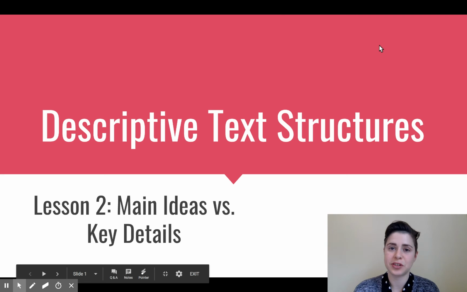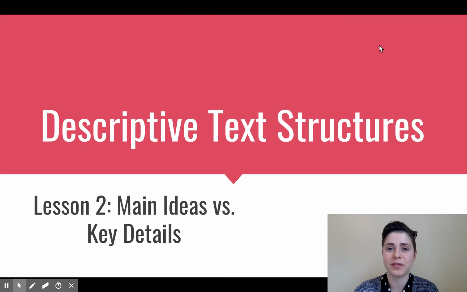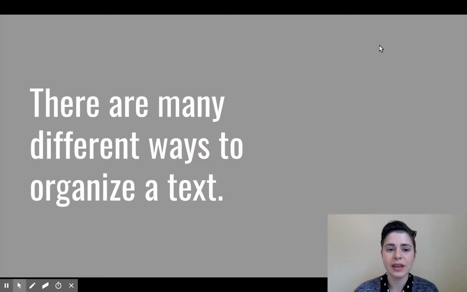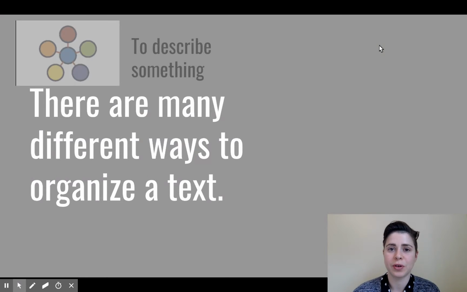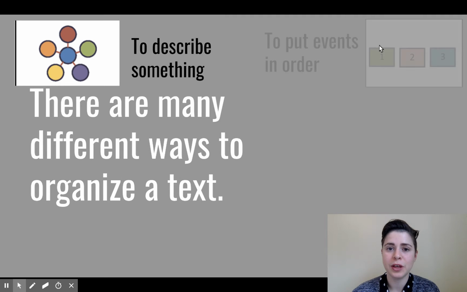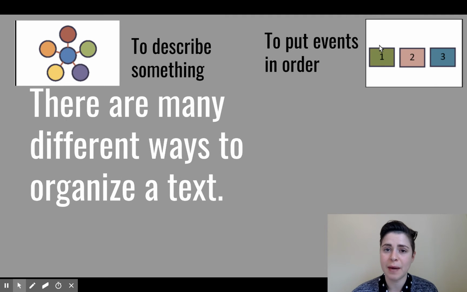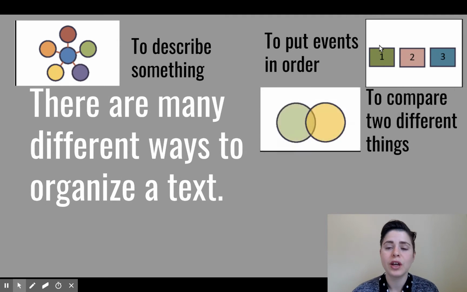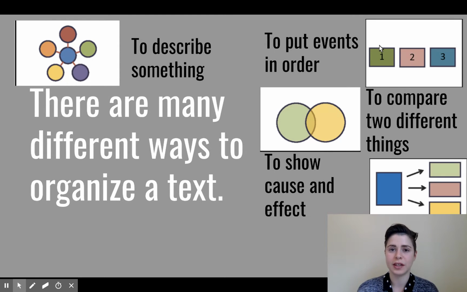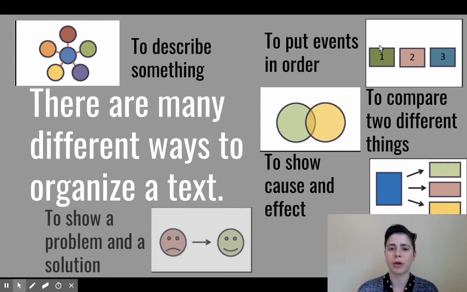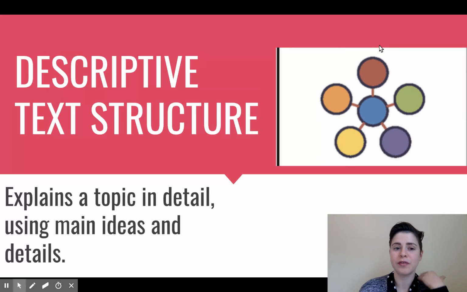Welcome to Lesson 2 on Descriptive Text Structures, Main Ideas versus Key Details. There are many different ways to organize a text that you're reading. You can organize it to describe something. You can organize it to put events in the order they happened, like a comic book. You can organize it to compare two different things with each other, to show cause and effect, or to show a problem and a solution. Today, we're going to focus on the first one, descriptive text structure, where you explain a topic in detail using